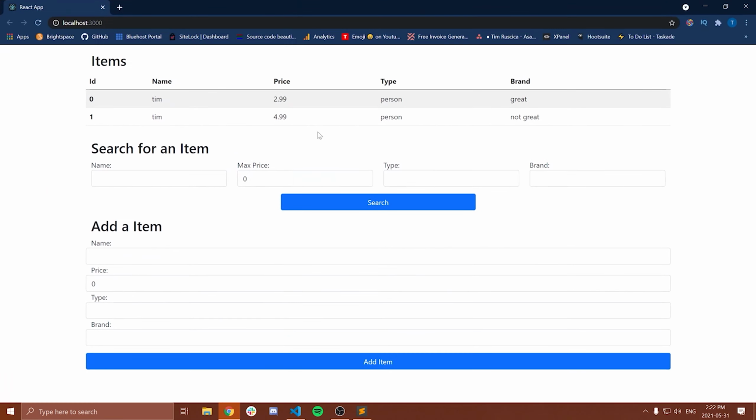Okay, so that is going to be it for this tutorial. I just want to show you how to style this website, the different ways you can manually style it versus using something like Bootstrap, and yeah, that's about it. In the next tutorial, I will show you how we can get this search for an item to work. Then we're going to actually implement a very basic server system here. We'll be talking about hooks, effects, and a bunch of other more complicated stuff in React.